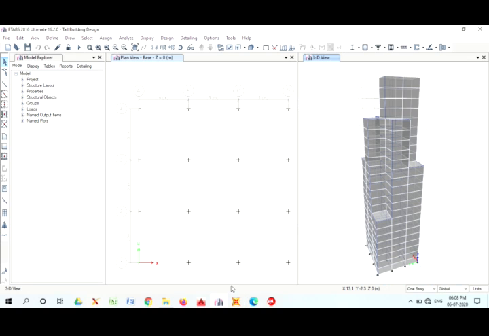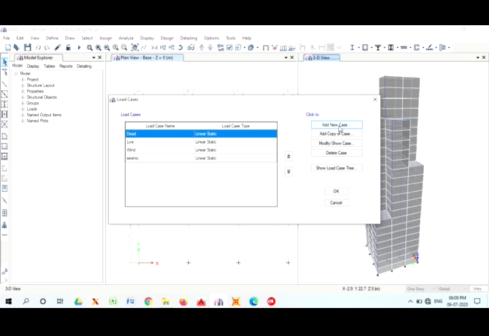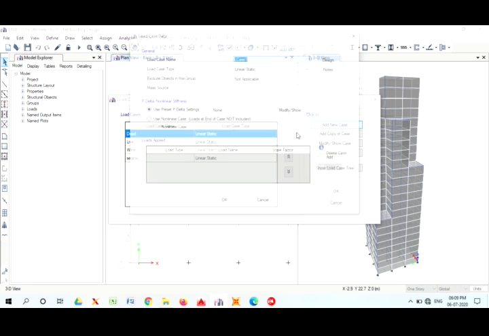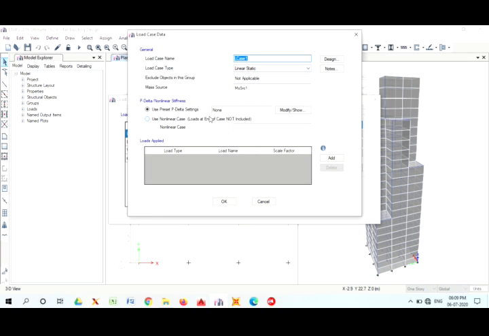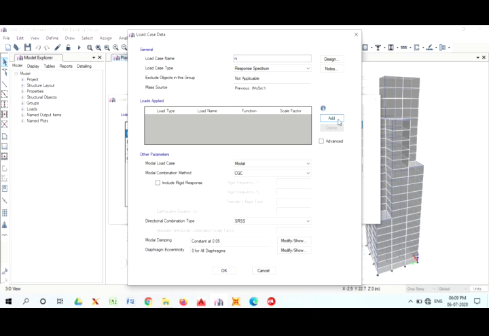Go to Define, Load Cases, add for the response spectrum. Give the load case name as response spectrum, load case type is response spectrum, add load for X direction, load function is response spectrum, scale factor is calculated with the help of